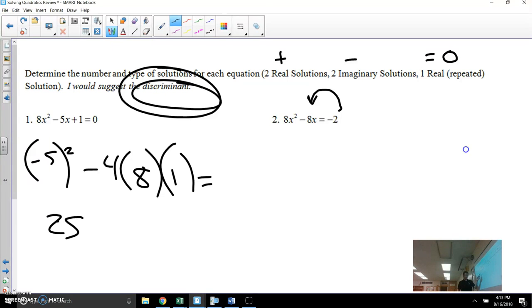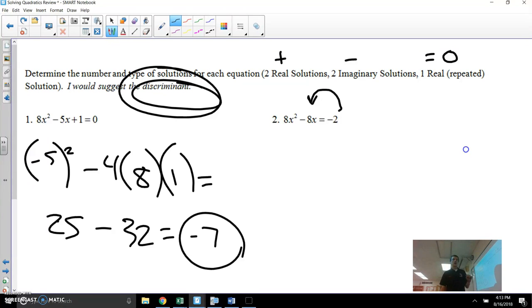Negative times a positive is a negative. And 4 times 8 is 32. Multiplying that by 1 is not going to change anything. 25 minus 32 is negative 7. So negative 7 is the discriminant. Okay, that tells us that I do have 2 imaginary solutions for this